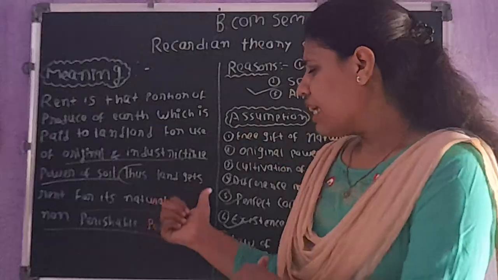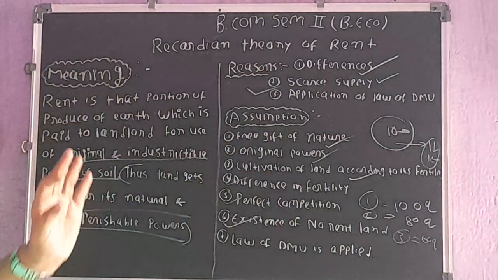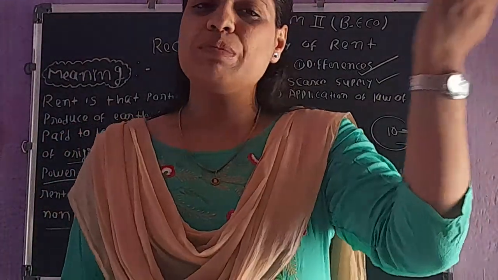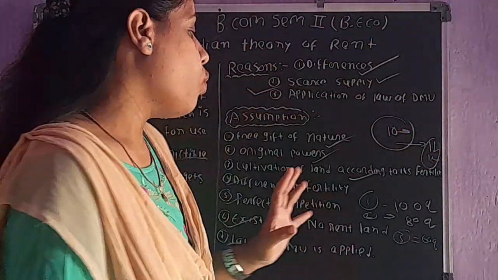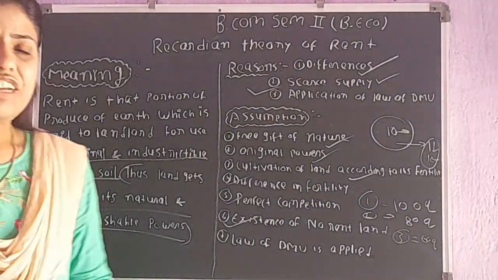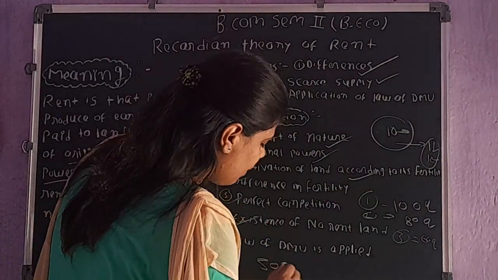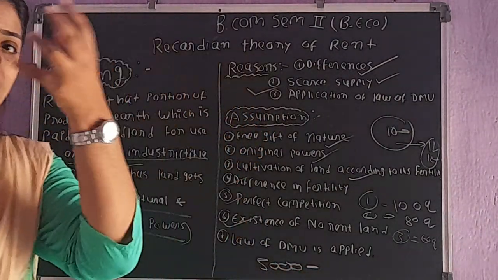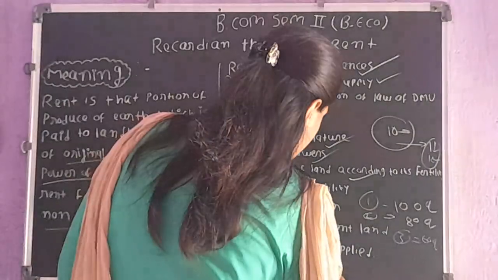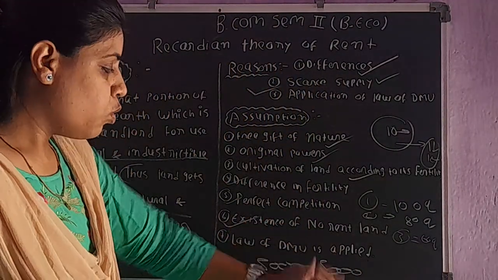See, here Ricardo assumes that there is some barren land where the cost of cultivation and the revenue generated from the land are equal. In such cases, Ricardo says the land fetches no rent. Say the cost of cultivation for a certain piece of land is 5,000, and whatever output you have produced using that land is also sold in the market for 5,000. It means revenue is also 5,000, so cost and revenue are both 5,000.